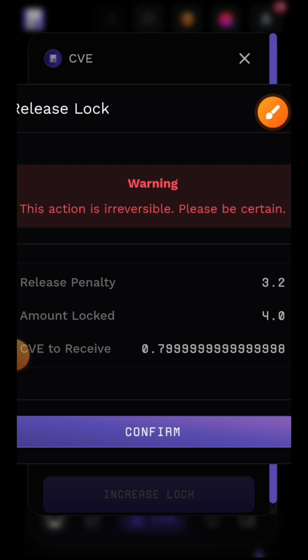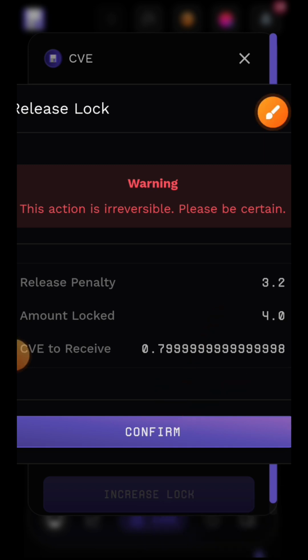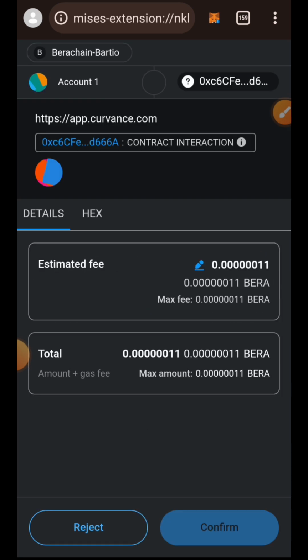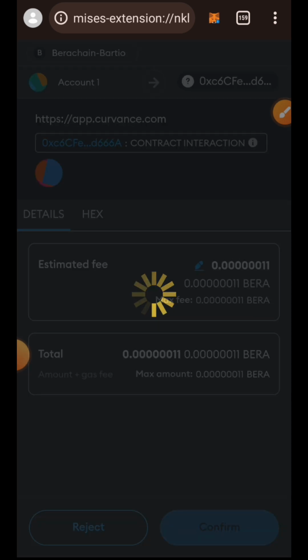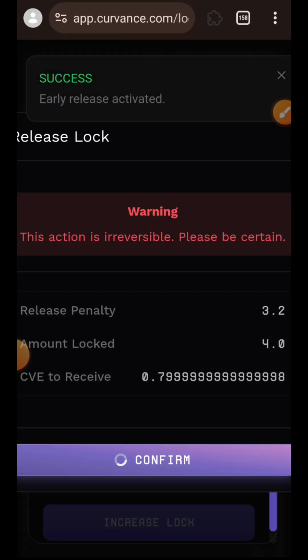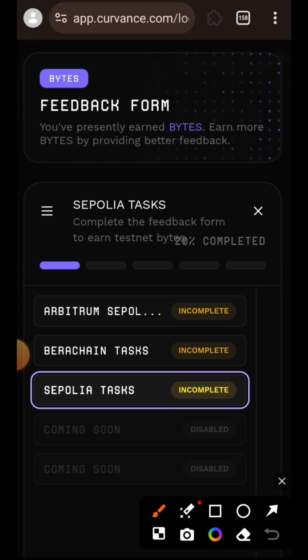You cannot manually choose how many tokens you want to unlock. When you want to do early unlocking, you unlock everything automatically. However, you are going to lose over 90% of what you are unlocking. So I am going to confirm this in my wallet. Unlock successful. Now, once you have completed all tasks, you are going to automatically receive the feedback form for you